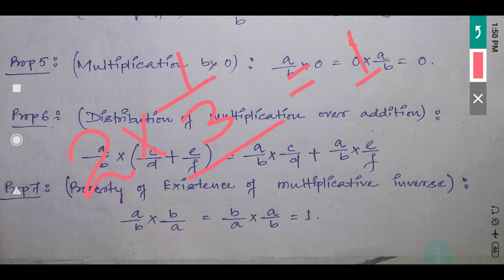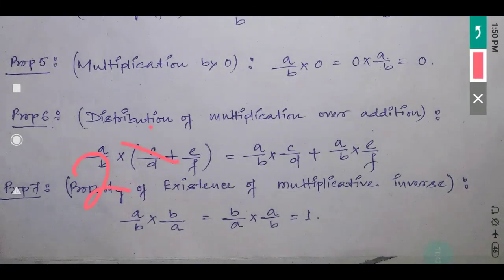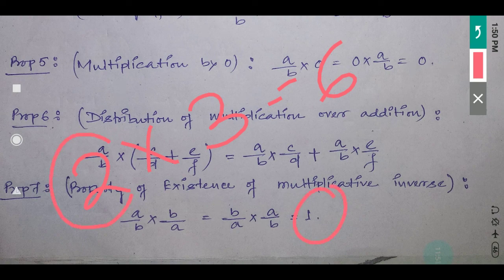So with 2, suppose you have multiplied some natural number, suppose 3, then you are getting 6. Or you multiply 4, 2 into 4 is 8, but what do we need? We need only 1. So what do you have to multiply? It means you have to multiply the reciprocal of that number. Then only there is a chance of getting 1.